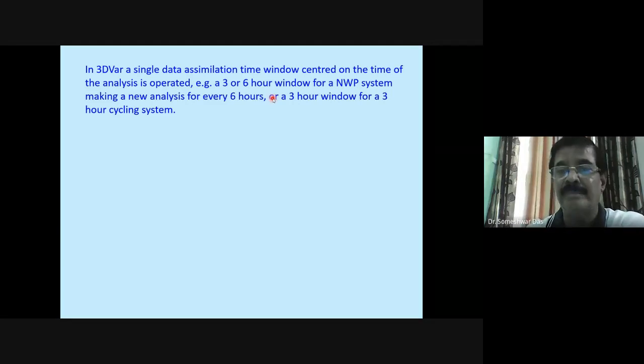It will take time. And the observations collected at exactly 00 UTC may not be enough. You need sufficient observations to have a good analysis or good initial conditions. So generally you set up a time window of plus or minus 3 hours. That means all the observations taken at 21 GMT during night time. What is 21 GMT equivalent to in our Indian Standard Time?